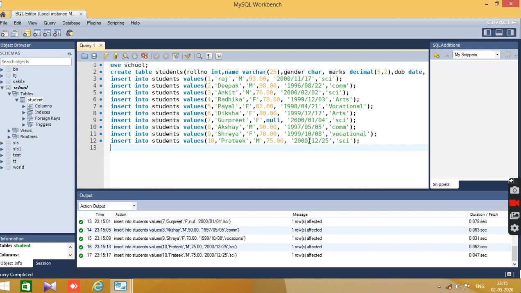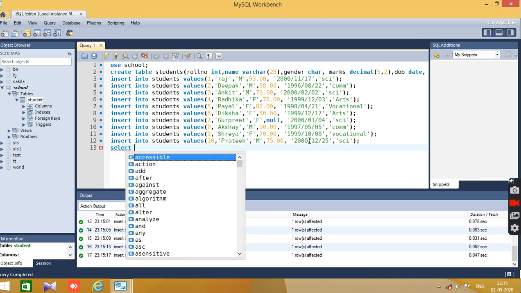Now what I am going to do, now I am going to show you the select command. Select is a clause which helps us to select the columns only, and without select we cannot select any column and row. To select a row we use where clause, and to select a column we use select clause. So first, suppose select, actually it is a type of query, it is not a DML or DDL command. Select is a query. Now we are going to learn queries because queries help us to retrieve the data.